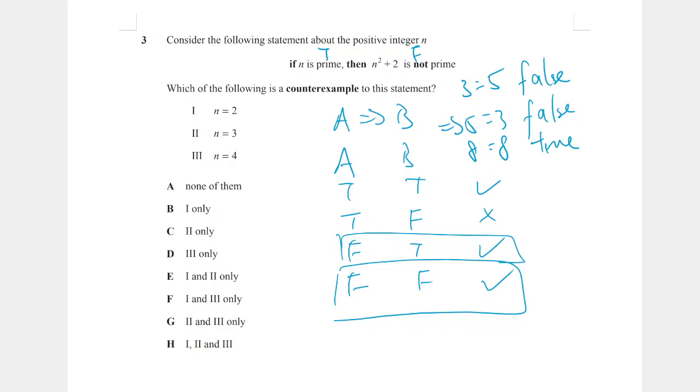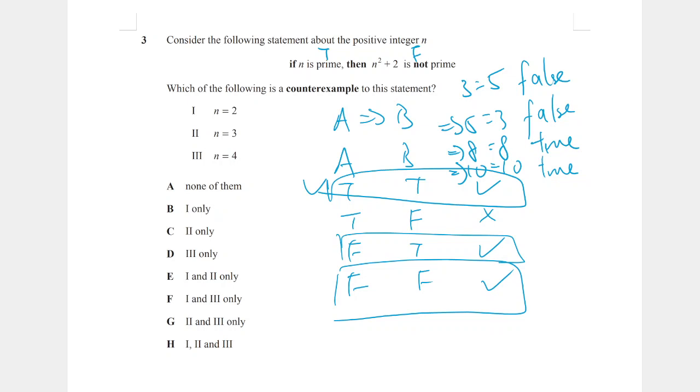Well, I'm going to add 2 to both sides of the equation, such that 10 equals 10. This is also true, right? So I got a true statement from a true statement. All of these are implies, by the way. So true implies true is also okay. So I've shown you all the 3 possibilities of implications. So the counterexample we need is if true, then false. Therefore, in the context of this question, if n is prime, then n squared plus 2 is also